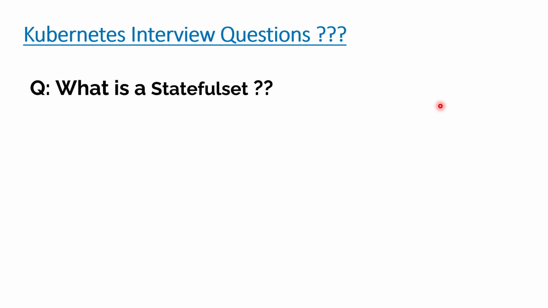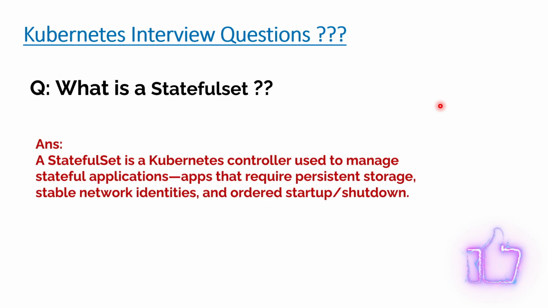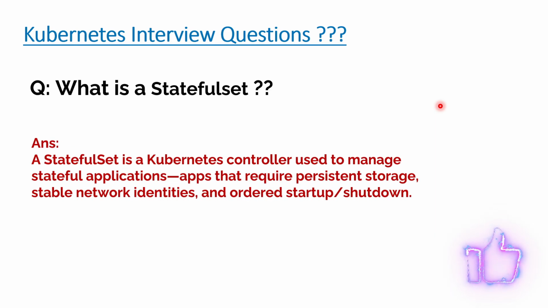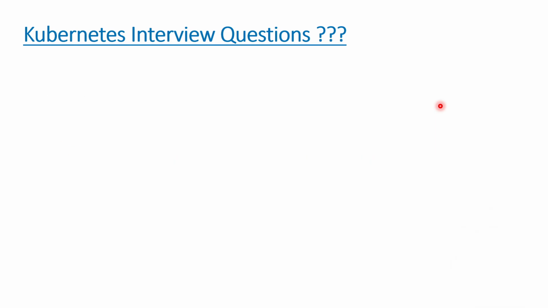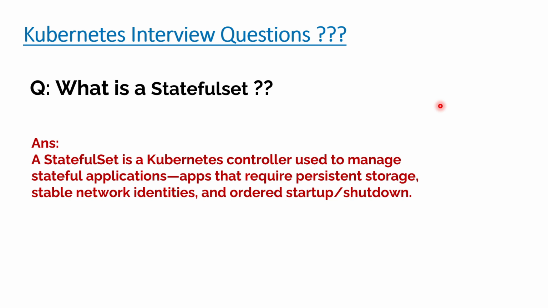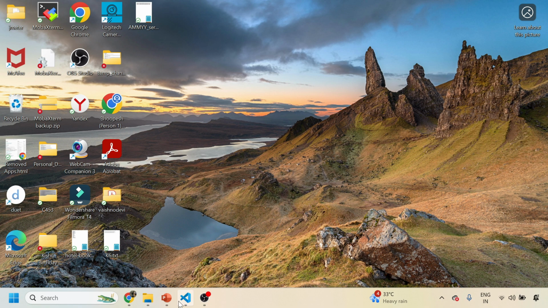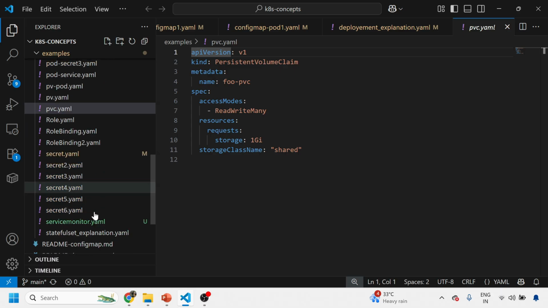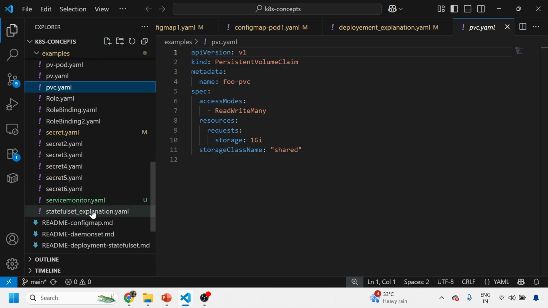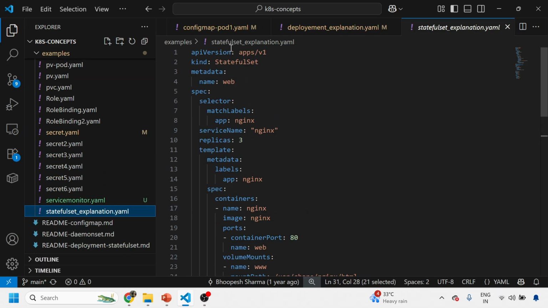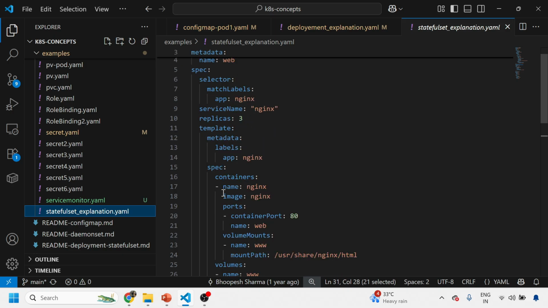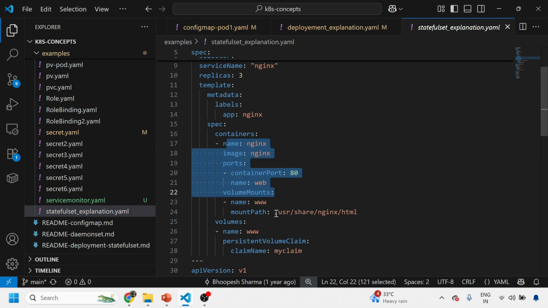Next question: what is a stateful set? Interesting question. Stateful set is a Kubernetes controller, which is normally for your stateful application. I'll show you an example of stateful set, like MySQL DB or Postgres. So stateful set is a manifest, and in this container it contains all the volume mounts, basically the file system